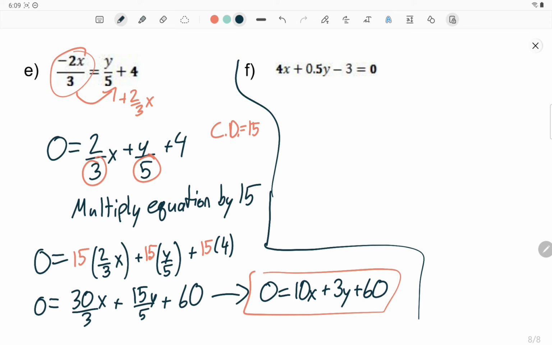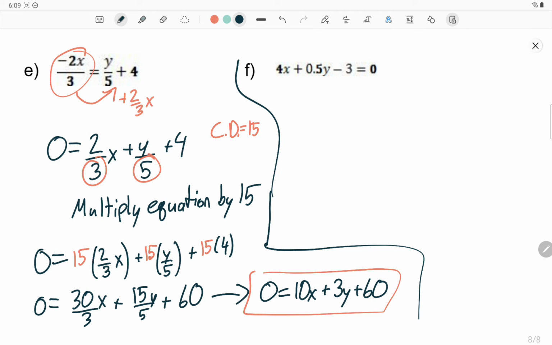All right, we're very nearly at the end. So in this last example, 4x plus 0.5y minus 3 equal to 0. It's really close to standard form, but you just have this 0.5. That's the only thing, that decimal, that's messing things up. And so if you have a decimal,